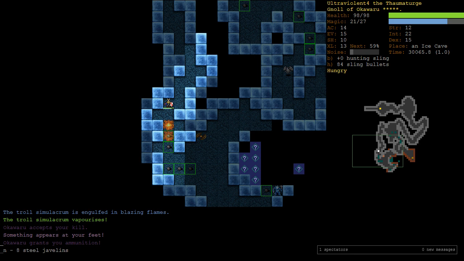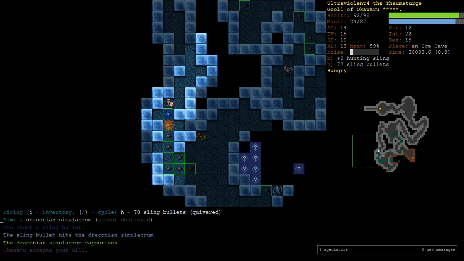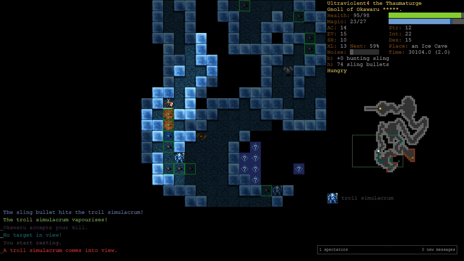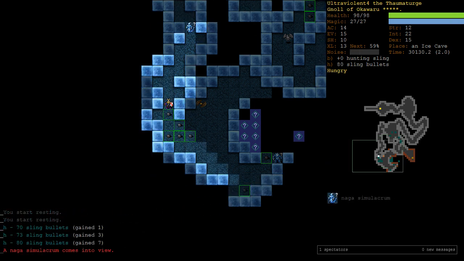Oka gives us 8 steel javelins. I don't know. Are we going to be a throwing character? Steel javelins do more damage than regular javelins. But, I don't know. I think we'll...